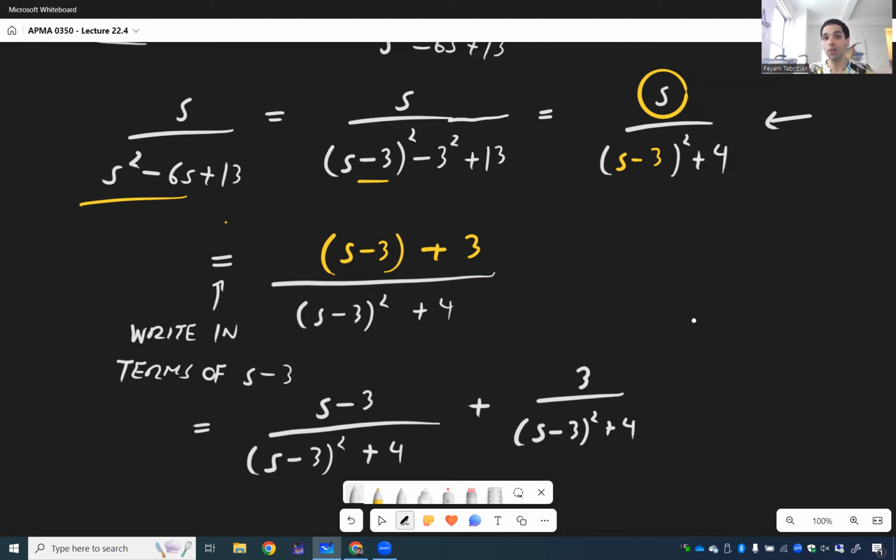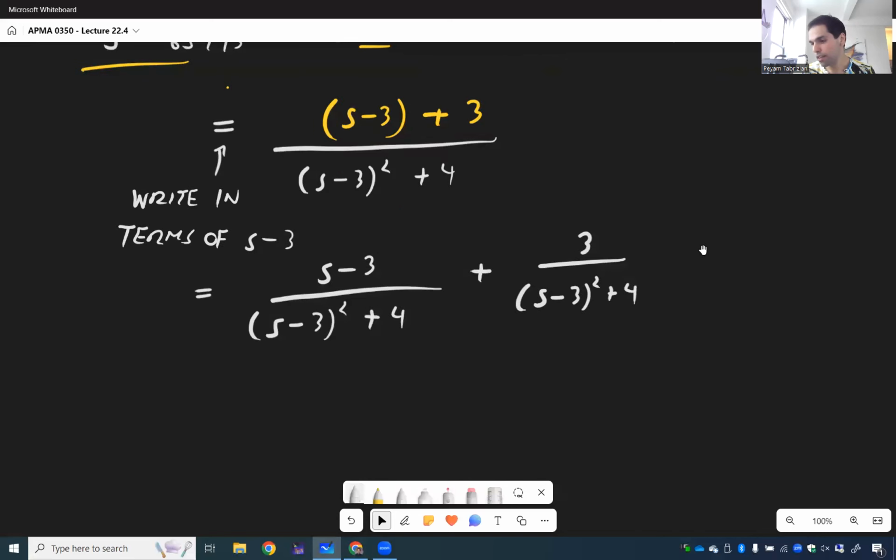Again, careful, don't split up the denominator. You cannot do that in math, but you can do it with the numerator. And now it's a bit easier to see what's going on. So now this is a shifted version